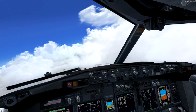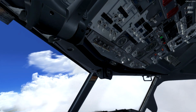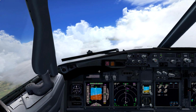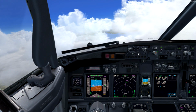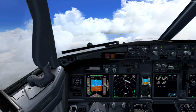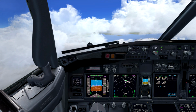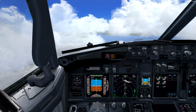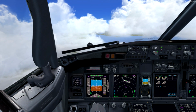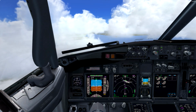So we have that, and yeah, I still don't know that. I don't think we're going to do that now. So I also have the deceleration altitude here. But now here comes the interesting part. So here comes the interesting part,